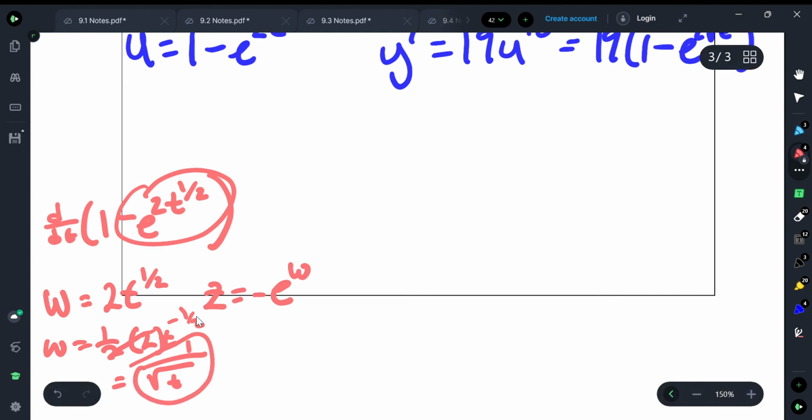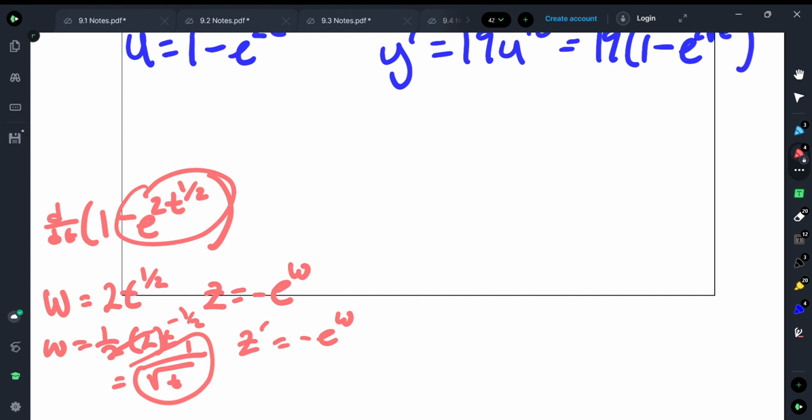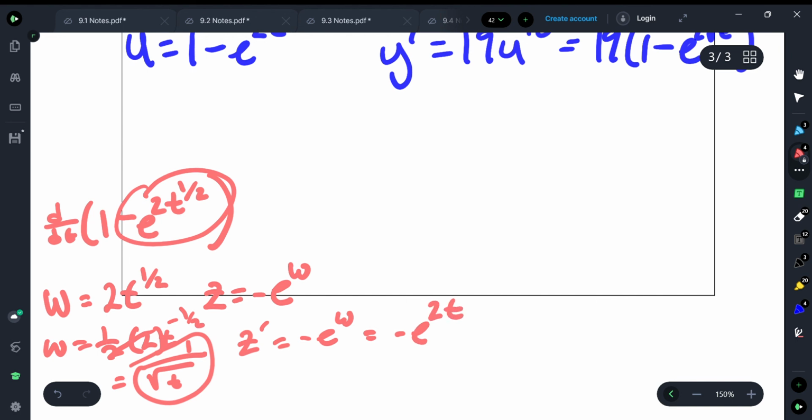So it looks like that. All right, this now looks like that, which is really just negative e. So we multiply those together and you get a negative 2